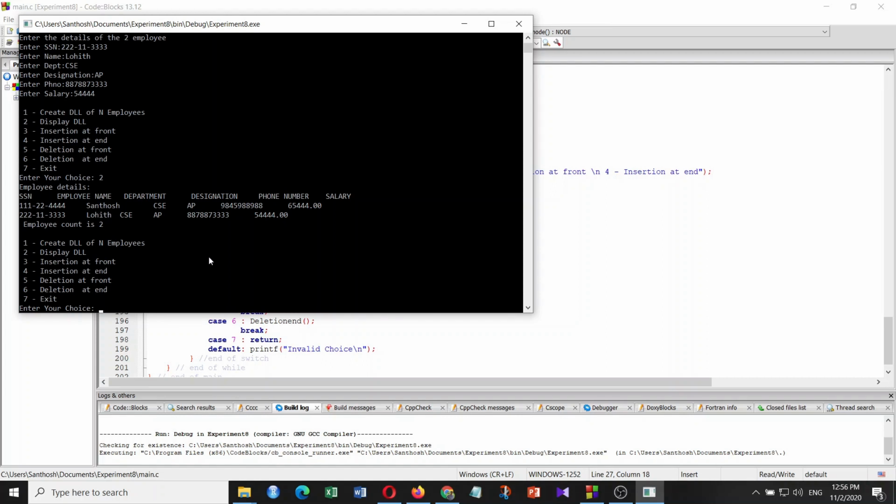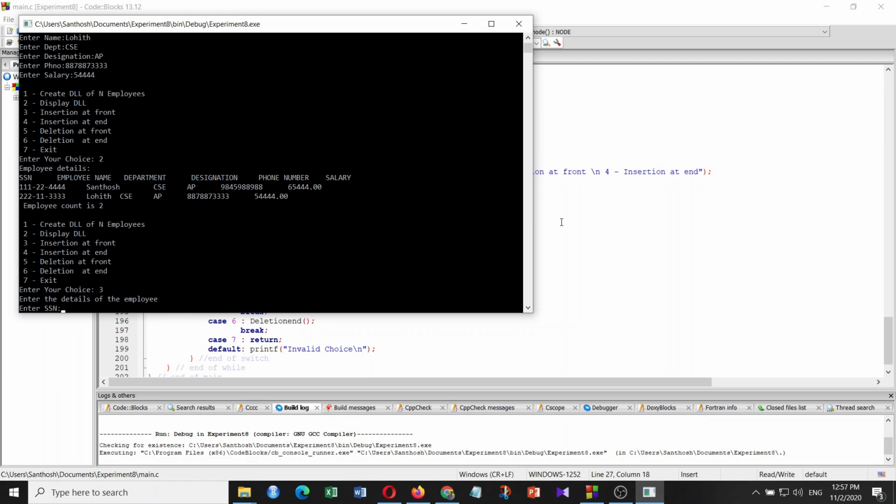Now let's try to insert a new employee at the front of the list. It means the new employee should be before Santosh. Let's check the same. I have chosen the third option, insert at front. It's asking for an SSN. I'm giving some SSN.